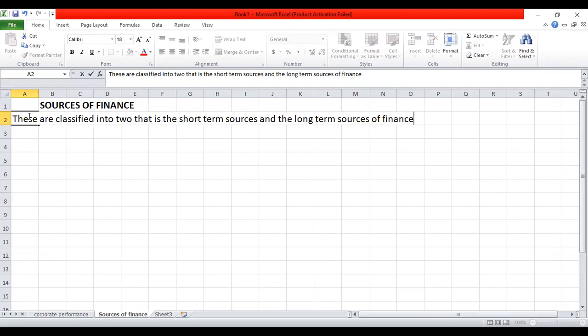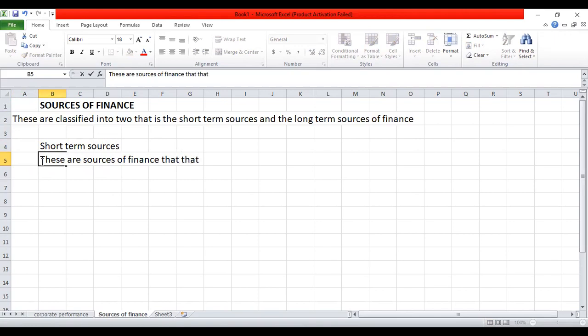When it comes to the short-term sources, these are sources of finance that are